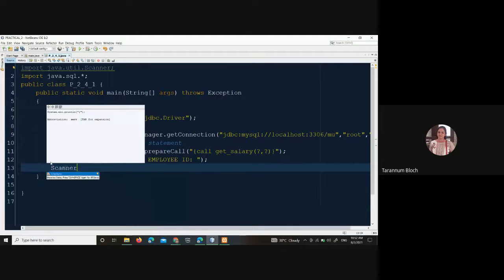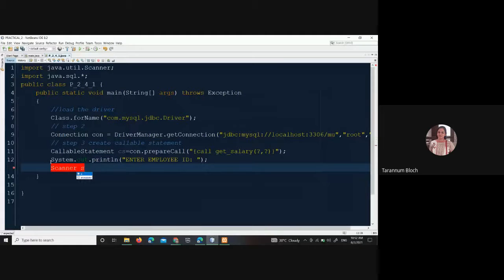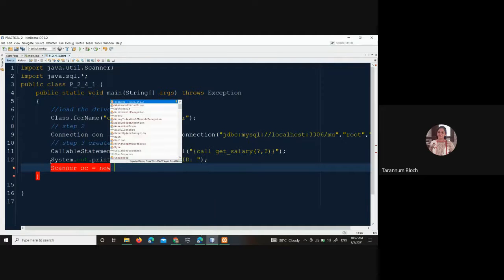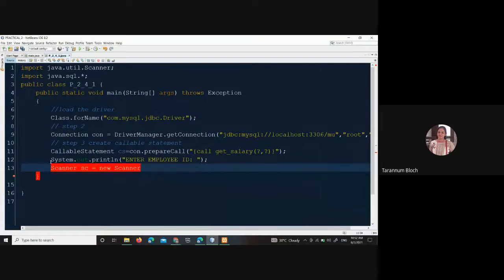Then write Scanner sc is equal to new Scanner, capital S, System dot in, in parentheses as an argument.